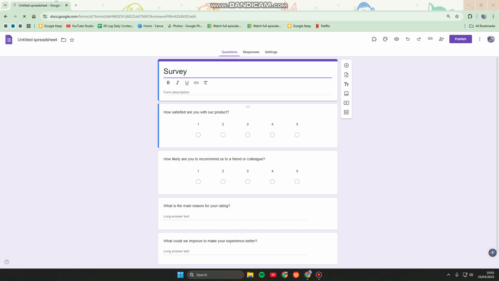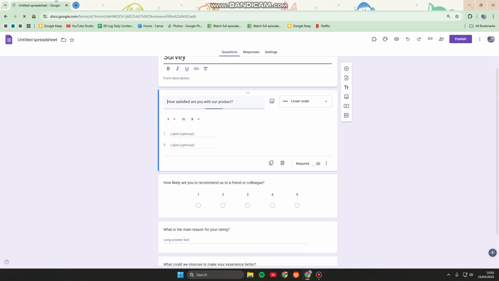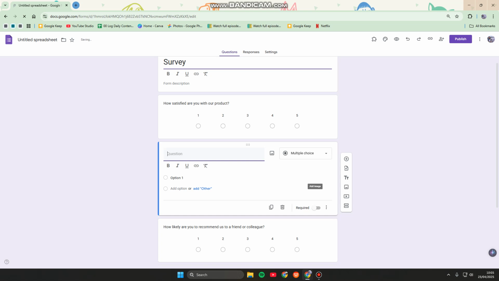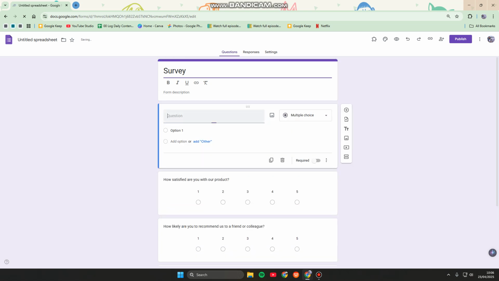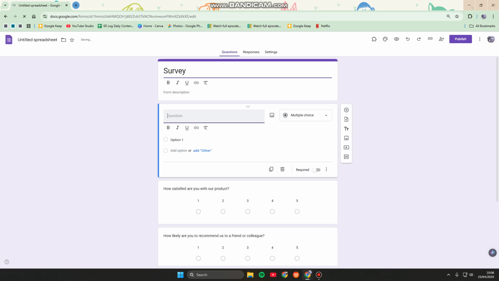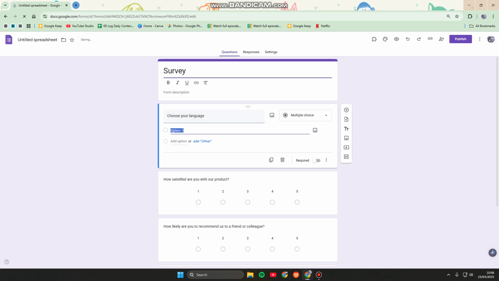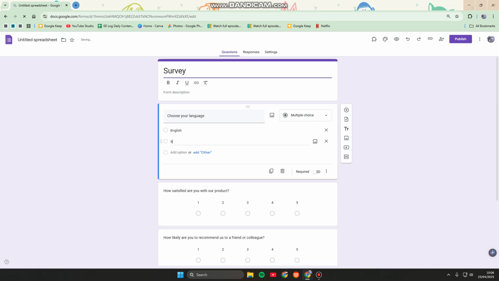Now you can just add a first multiple choice question asking user to select their language, whether it's English, Spanish, or French. You can just click on this one, add question. I'm going to move it on top. And you can just add something like choose your language. And then you can choose the multiple choice type of question and add the options such as English and then Spanish or French,